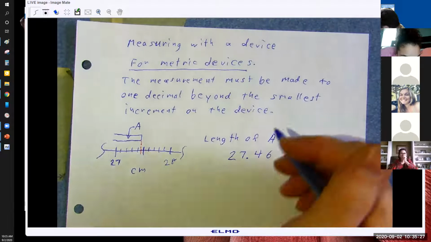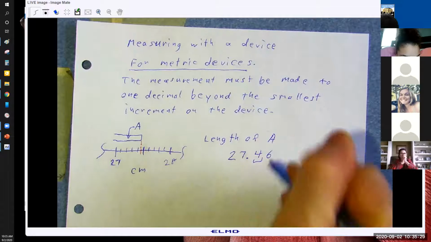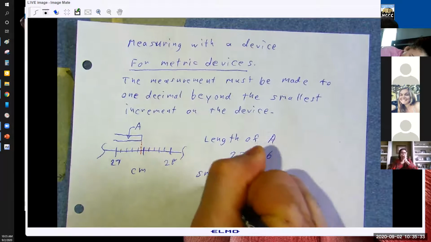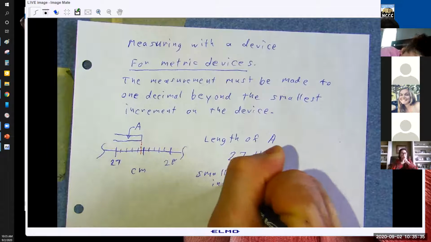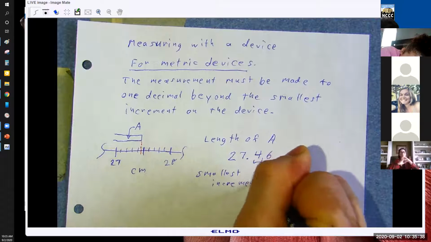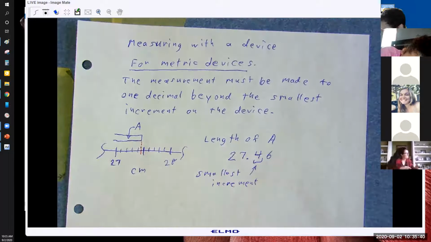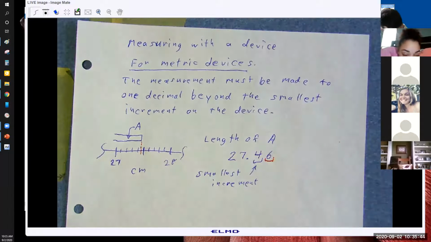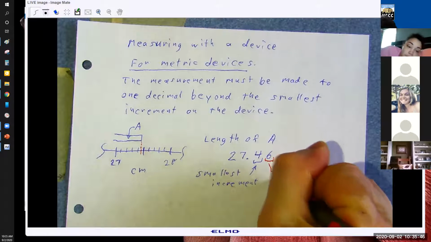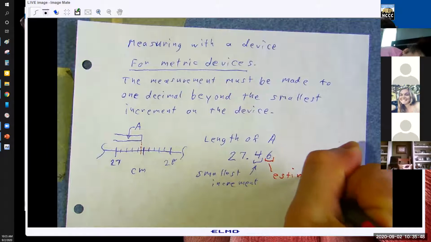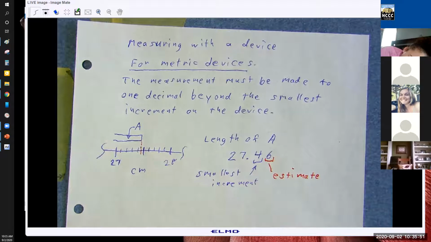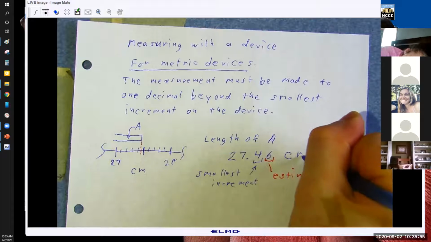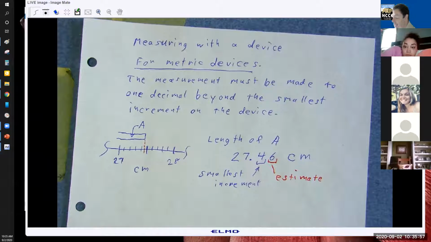So this is the smallest increment and this 6 is the estimate. And we're missing something here, we're missing units. Put the units on here. So the length of A is